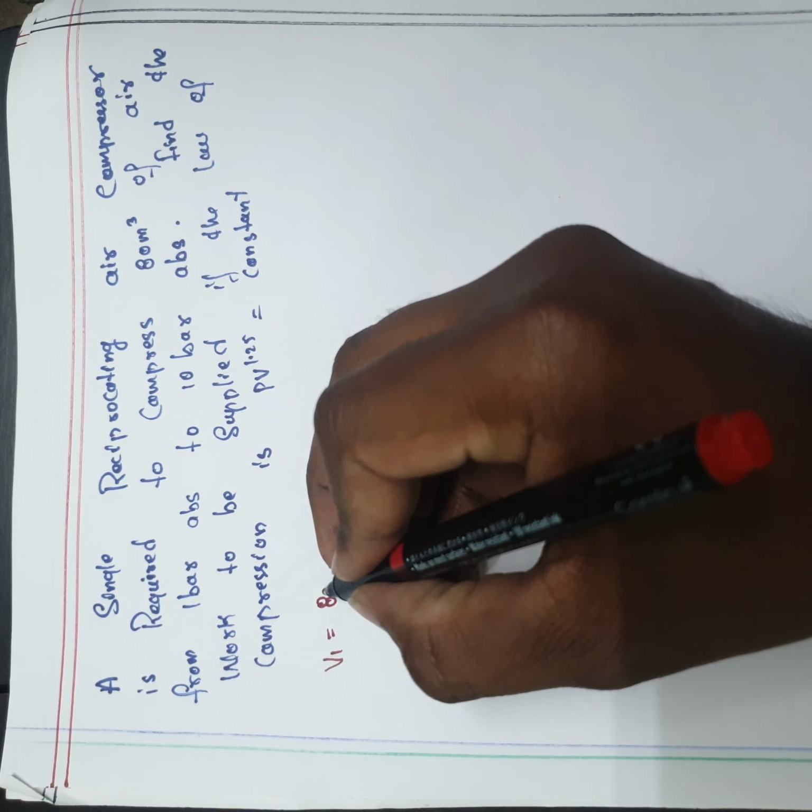If you solve with the help of a calculator, you will get 194.54 kilojoule. This is the value for work done. He is asking the work done for the isothermal process. In the isothermal process, n will not be there. In adiabatic, n value is 1.4. Otherwise, that one is known as polytropic. But in this, the n value is not there, so that is known as the isothermal process.